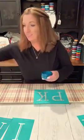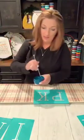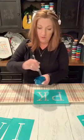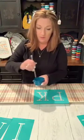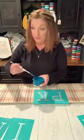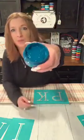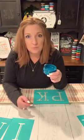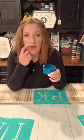Yay, Janelle, that's awesome. All right, let me just stir this one up. This is such a pretty color. I think it's gonna look really awesome. That's our tide. Janelle,